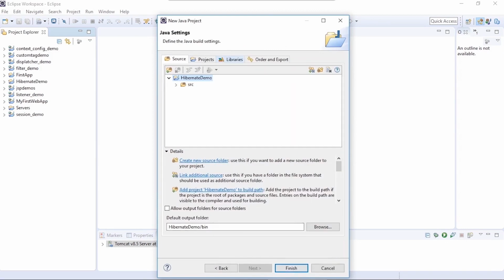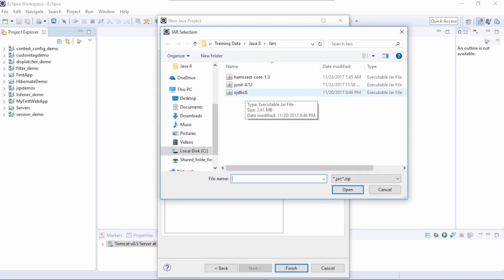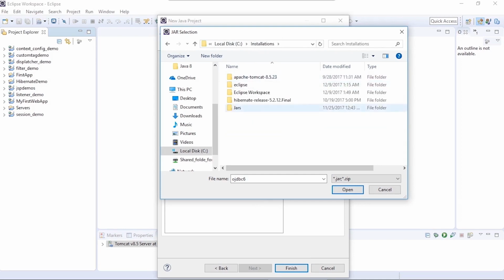We'll click on libraries, add external jars, and we will add our JDBC driver. So let's go to this is the Hibernate folder.